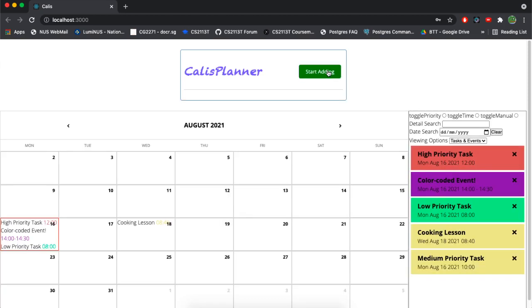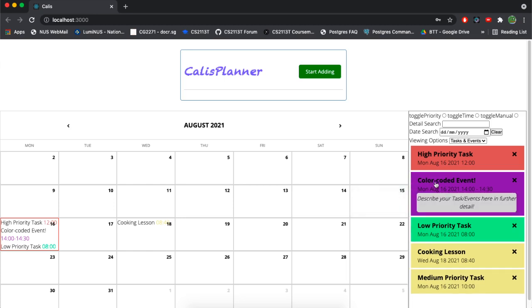We offer you two viewing options, a microscopic view and a macroscopic view. For the microscopic view, it will be seen at the bottom right in this list format. As you can see, a high priority task is color coded in red, the medium is in yellow, and the low priority is in green. And for the event, it's color coded in purple, which we chose ourselves. And if we mouse over the event, you can see a further description of it, which is displayed very non-obtrusively, as said previously.